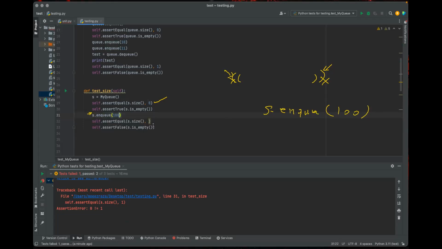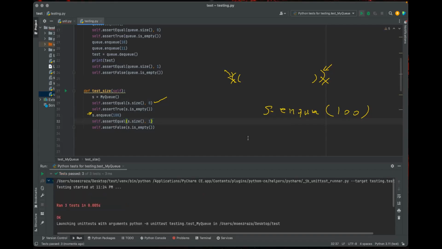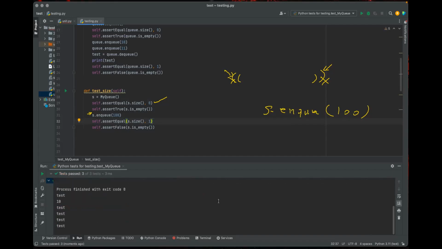Okay, now run. Over here, we can still leave 1, right? Yes. So it works, right? Moise, it works? Yes. Okay, perfect.